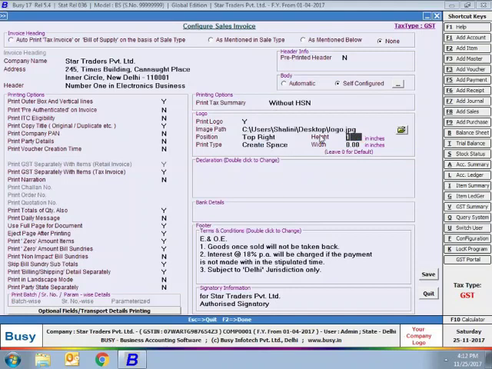Leave these fields as 0 to print the logo in its normal default size. Otherwise, you can specify the height and width of the logo to be printed in inches.